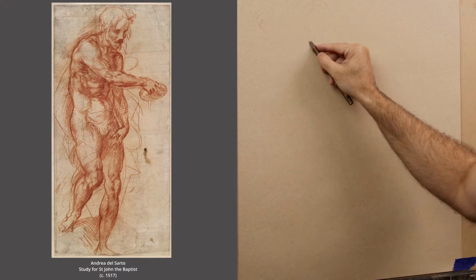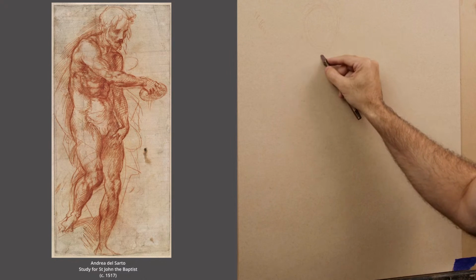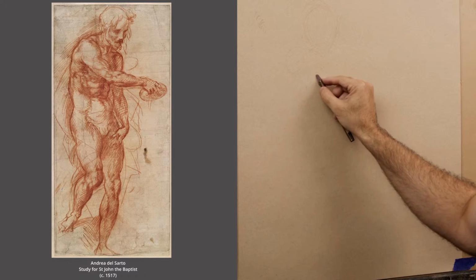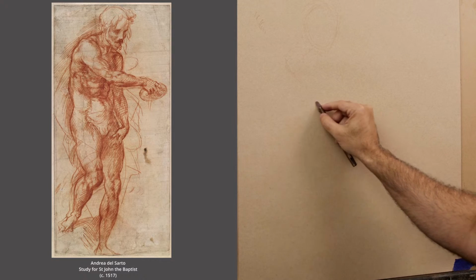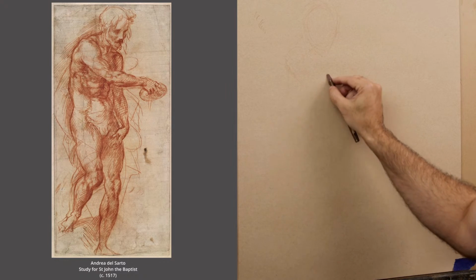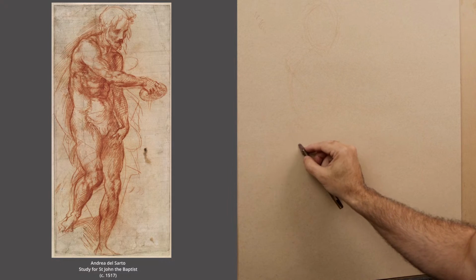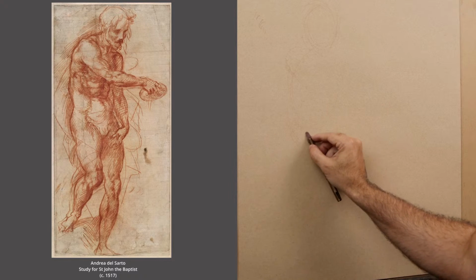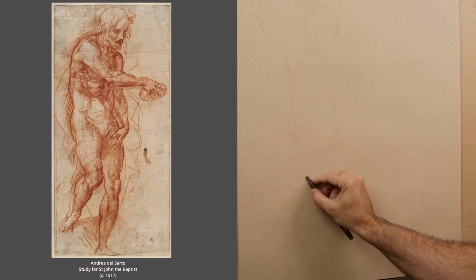A map, just as I have done in the other chapters. And just to get that, I just want to get the gesture. And I'm going to draw this drawing fairly large, just so it's easier for me to lay in and work with drawing in general. So join the torso here. You can see that Andrea del Sarto does this very, very schematic map underneath. I'm going for the pelvis here. And you have to keep this very light. Otherwise, if you go too